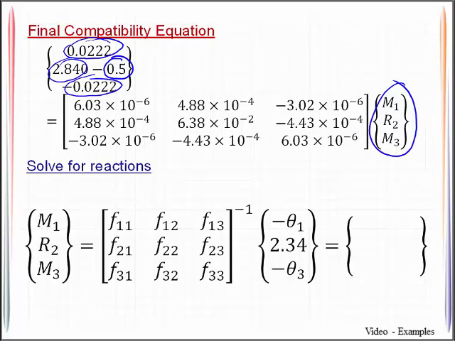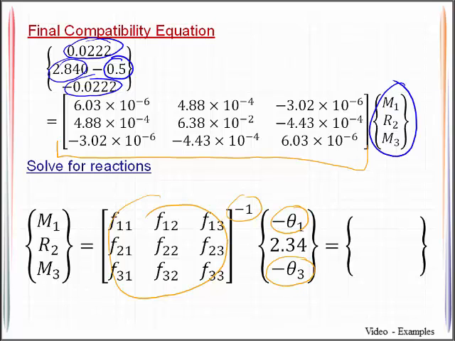We can solve for those redundant forces by taking the flexibility matrix and moving it to the other side, and we do that by taking its inverse. And we plug in all the known quantities in here and known quantities here. I did actually give the quantity here for you to see because I wanted you to see where that was coming from explicitly, due to that support settlement that we were dealing with. And if we do that calculation, we can get the following quantities: